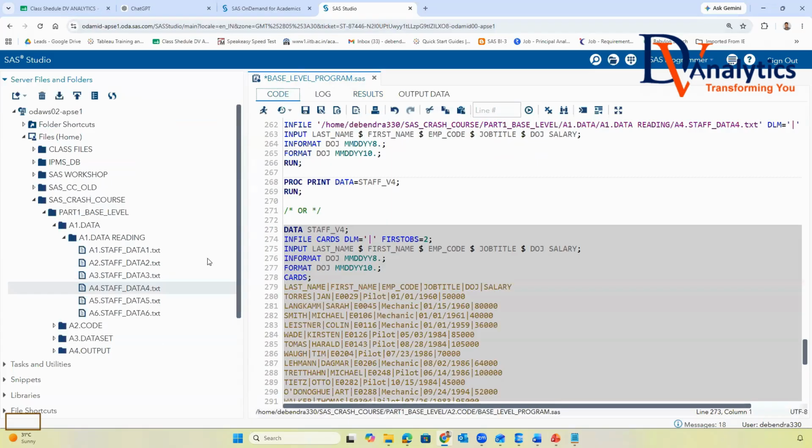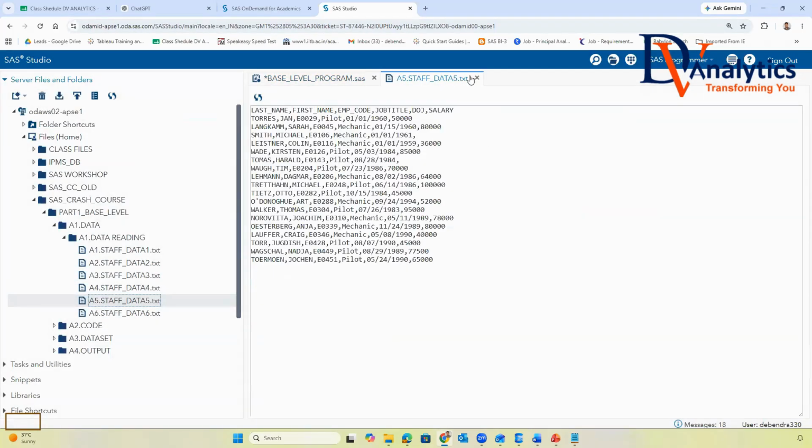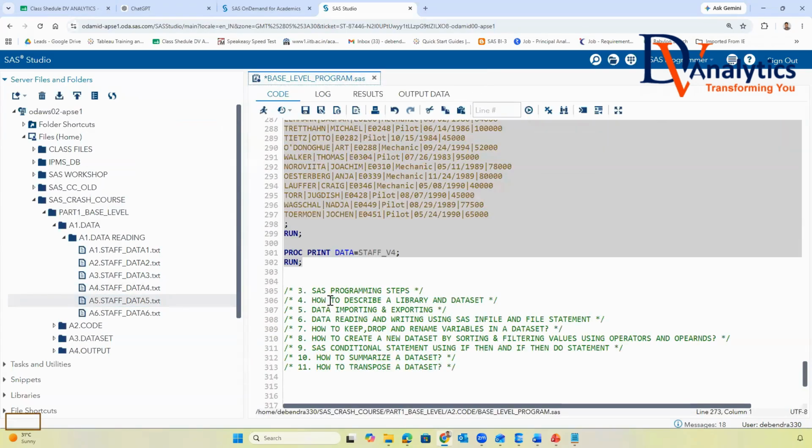Now we'll talk about data reading challenges. So what are data reading challenges?